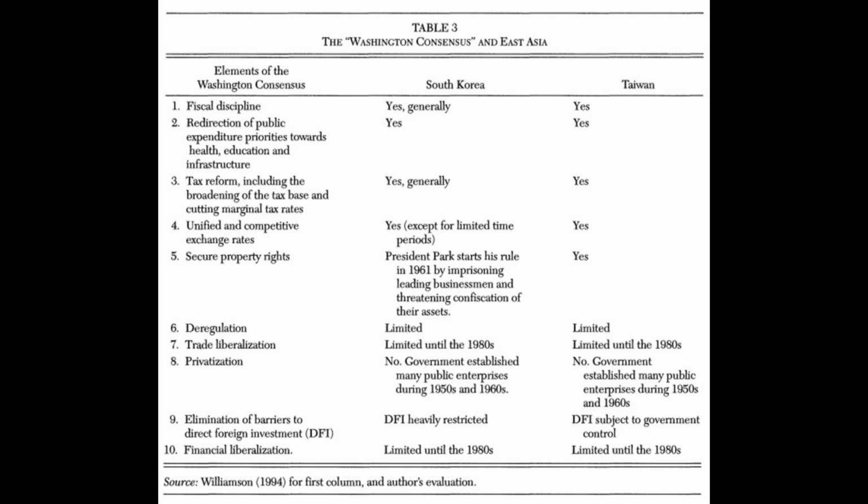So many of the key elements relating to property rights and contract enforcement were in place in South Korea and Taiwan, as well as appropriate public investment, a general extent of law and order, and corruption controlled at least enough to facilitate growth. Now, it's true that the other aspects of the Washington Consensus, including trade liberalization, deregulation, and privatization, did not occur until the 1980s, which he notes on his table.